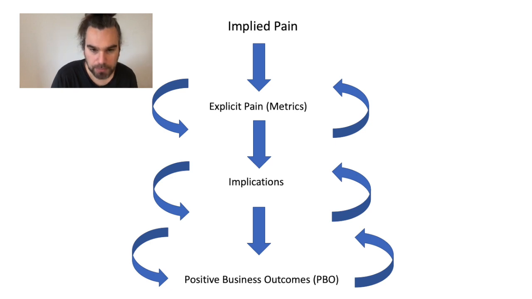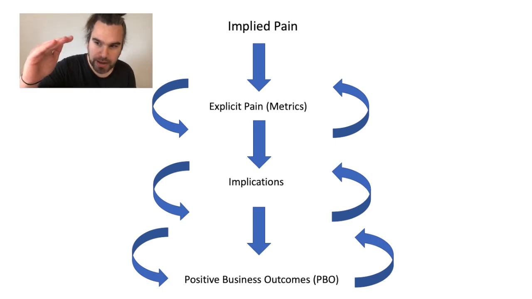So let's start with implied pain. The customer said that it's taking too long. Okay, great. Well, how long is it taking you, Mr. or Mrs. Customer? I don't know. It's hard to put a figure on it. Fine. But if you continue doing things this way, how's it going to affect the business? Or if you continue spending this time on stuff that isn't generating revenue, how's it going to affect the business? Well, it means that we're not going to hit our growth target. And what is that growth target?